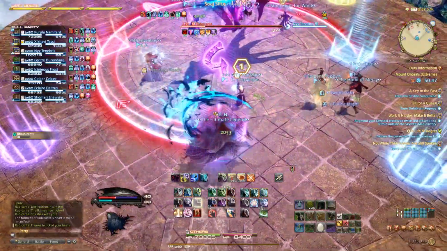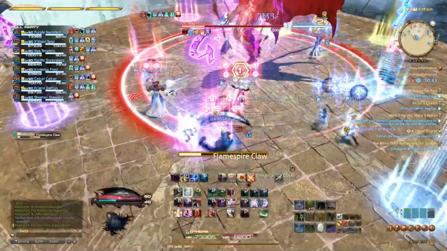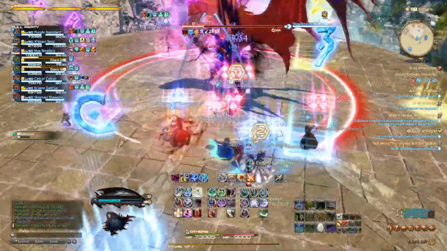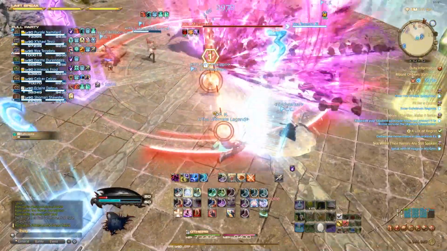Now, Limit Cut is a mechanic that looks a lot harder than it is, and is harder to explain than it needs to be. But basically, players are going to get numbered 1 through 8, alright? Evens are going to go on the right, odds are going to go on the left. Then 1 and 2 are going to go take their cleaves at the front, while 7 and 8 pick up